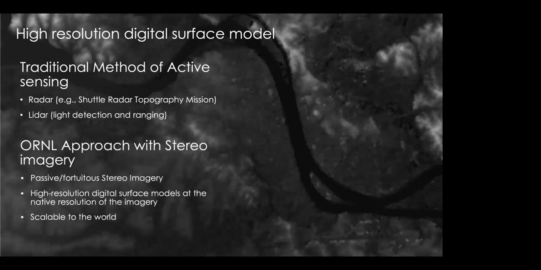We took a slightly different approach. We basically said, well, the government buys $350 billion worth of satellite images, 30 centimeter, or a meter, or half a meter, every year. And it sits in an archive, right? So you have this massive archive of images. So maybe there are image pairs of the same area that will give us a stereo, right? And if we can exploit that stereo angle, then we can create a 3D point cloud from that stereo.